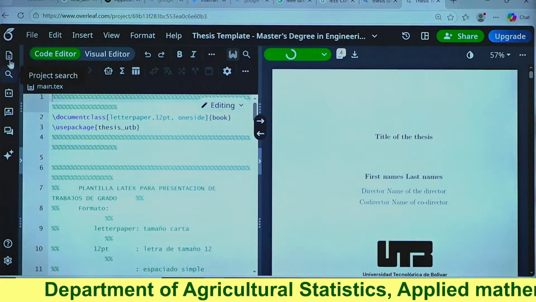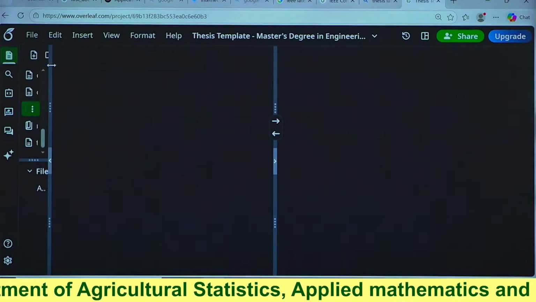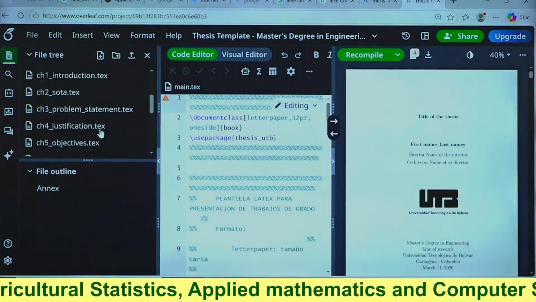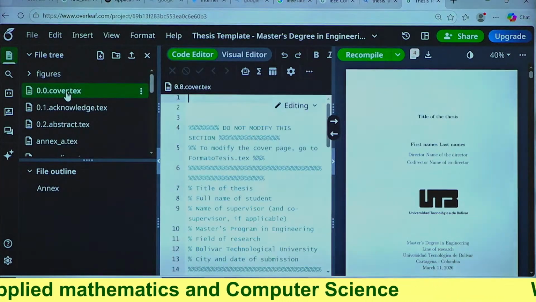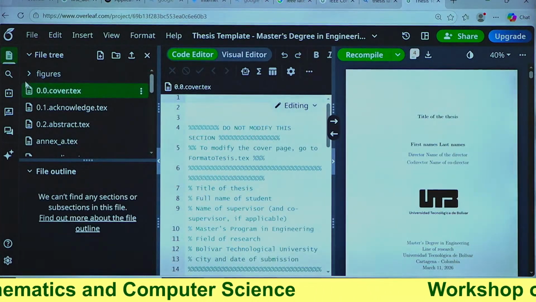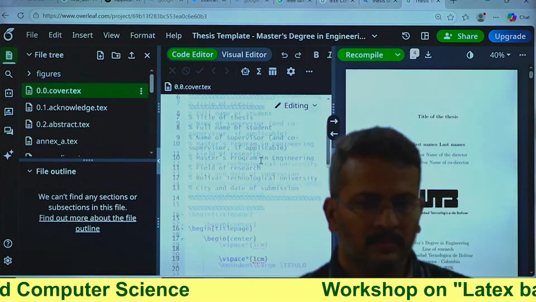Now you can see, all chapter wise it is already created. If I want to make any changes in the cover page, go to cover page. Here instead of